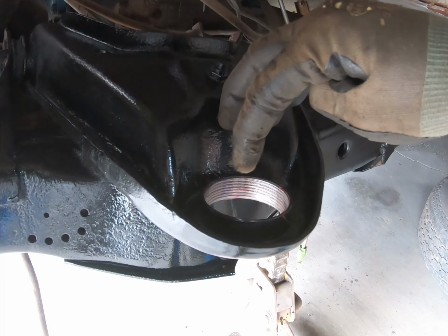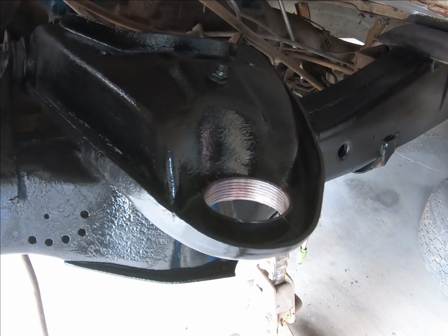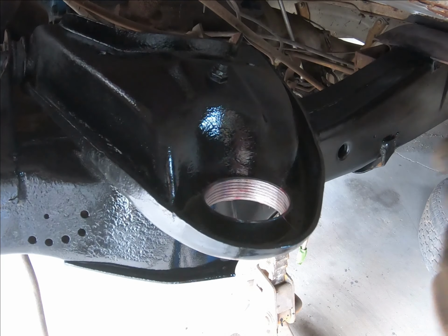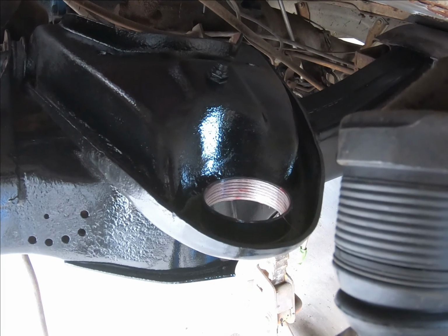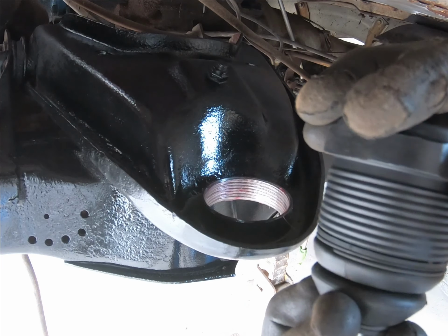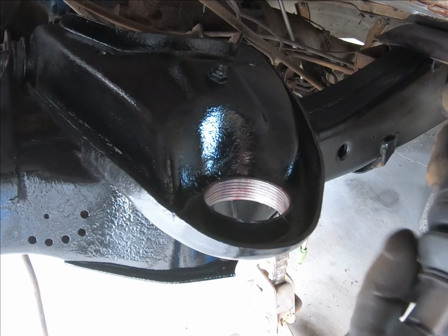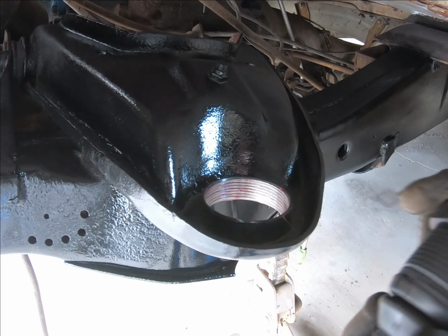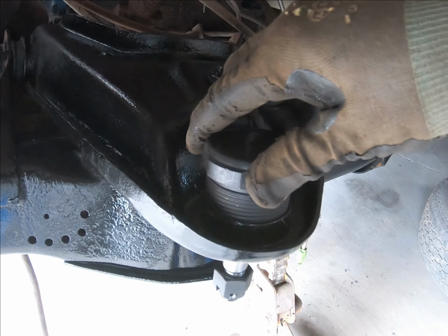Okay, so you can see a little bit of the red tint in there. That's just the grease, not a lot, just a little bit. You ultimately see just the steel. And here's your ball joint here. And you see it's got these kind of odd shallow threads on it, and that's why it's so easy to cross thread them. So this one's already got the bushing on it, and so just drop her down in there,